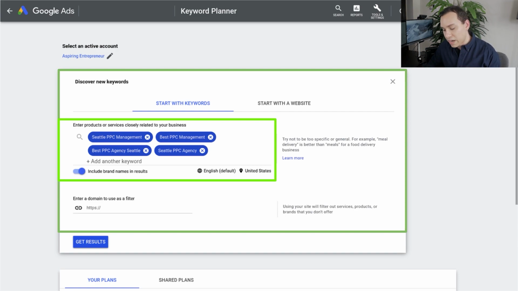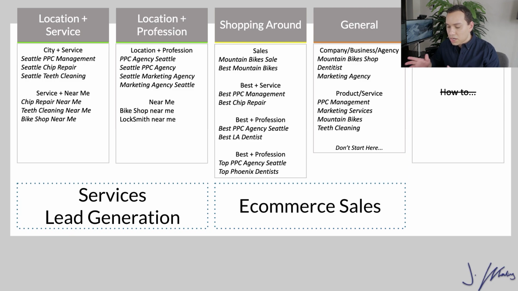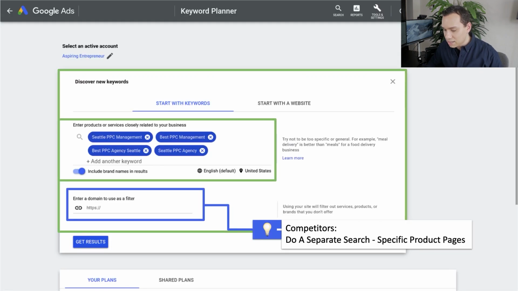Now, if you want to know where to get these keywords, you can go ahead and use the timestamp table of contents to come back to this little chart and pause. This is just something that can give you a quick and dirty list of 3 to 5 seed keywords to start your search. So whether you're doing e-commerce or product, or you're a services-based business, you can use these formulas to create your seeds for your keyword research. So let's go ahead and jump back into the interface.